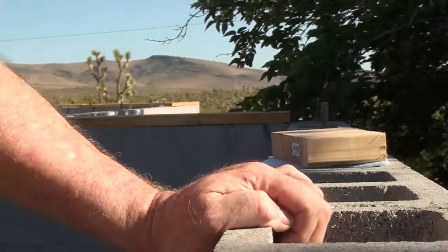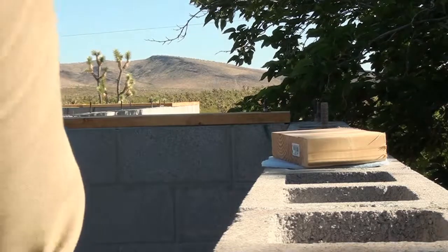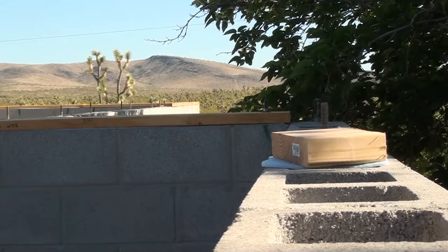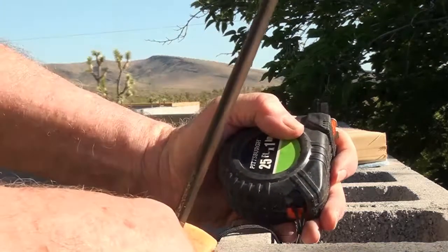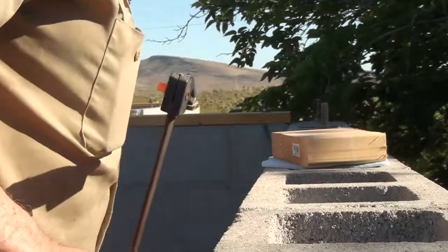Well, I hope this works. I hope you can see this. And I didn't mean do a block, I meant block of wood. I'm not going to put up a board right now, but I'm going to show you the process that I use. First of all, what I do is